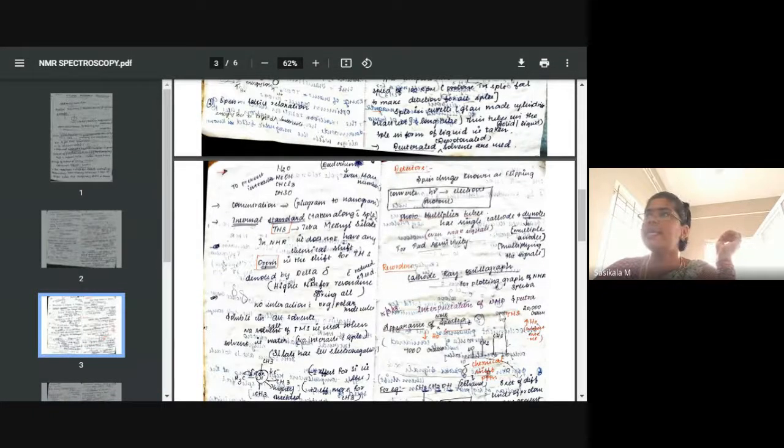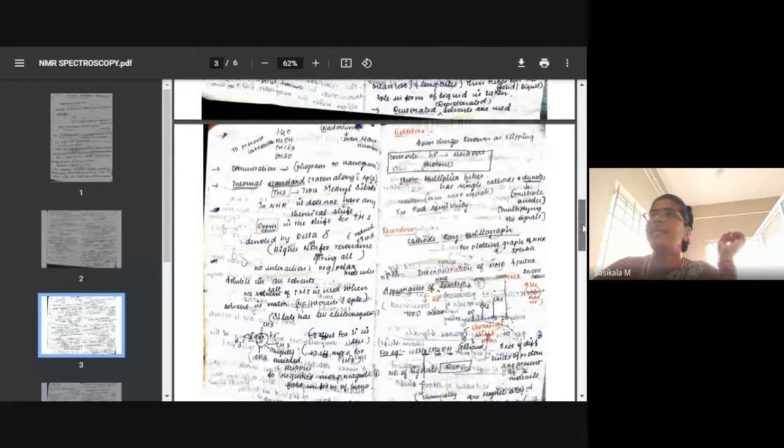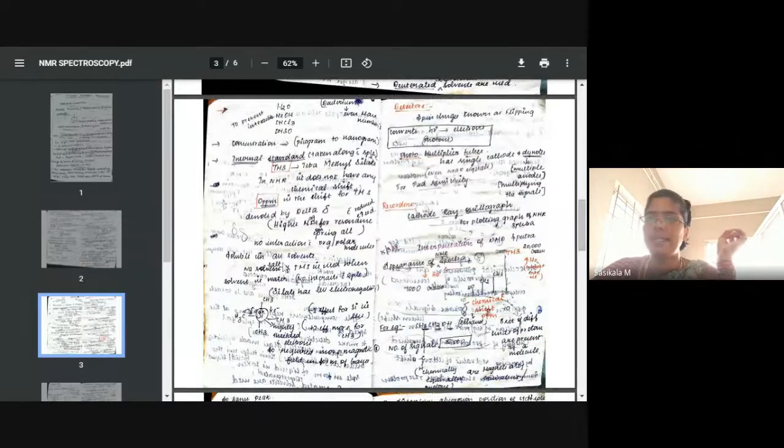Then what internal standard is used? And here we are not going to analyze in the spectrum either radio wave or another source, external magnetic field. Instead of that, we are going to analyze chemical shift value, and this chemical shift for internal standard is 0. That's why tetramethylsilane is used as internal standard.